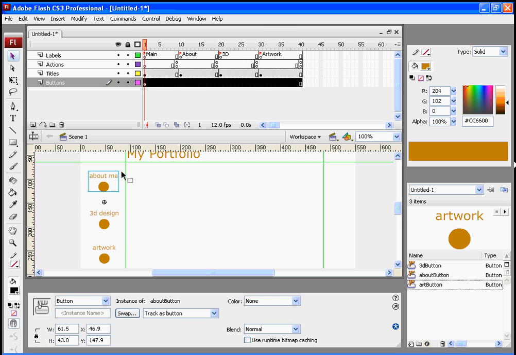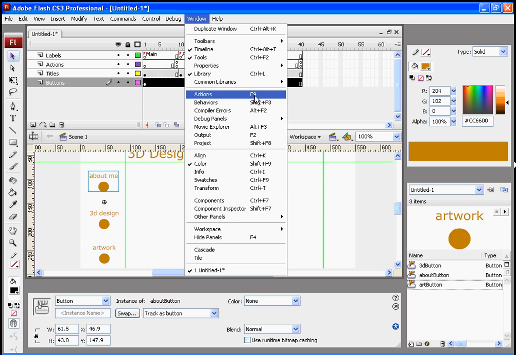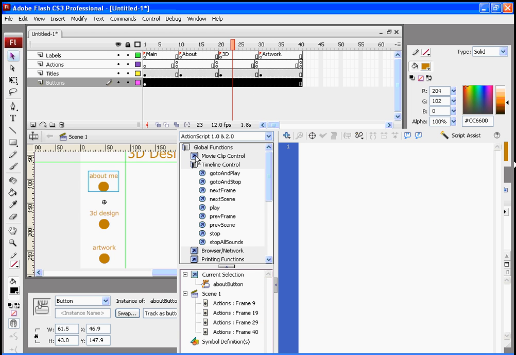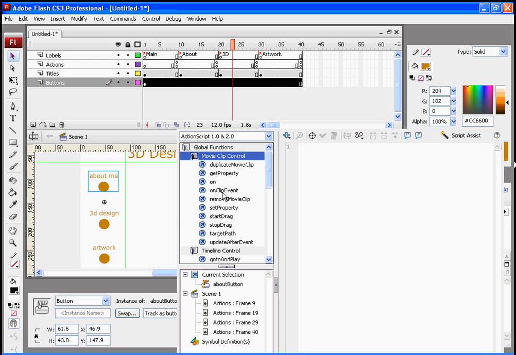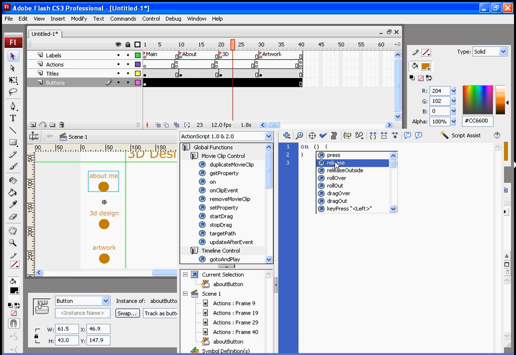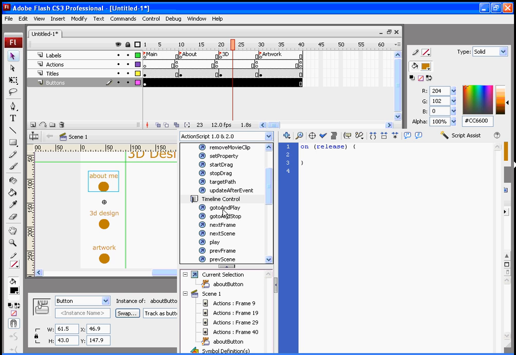You cannot put these button scripts on a frame like this. You have to choose a specific button. So I select the button first, get our window for actions, which is F9, and this time I have to use a movie clip control because the command needs a little bit of a wrapper, a handler. We're going to choose on, release, and you need to be in between the brackets, and we want to go to and play at a certain spot. And I already have labels up here. I could tell it frame 10 or frame 20 or frame 30, but I'm going to use my labels and go to the About